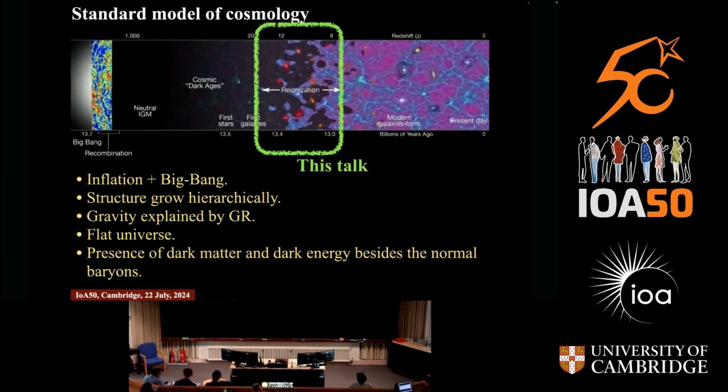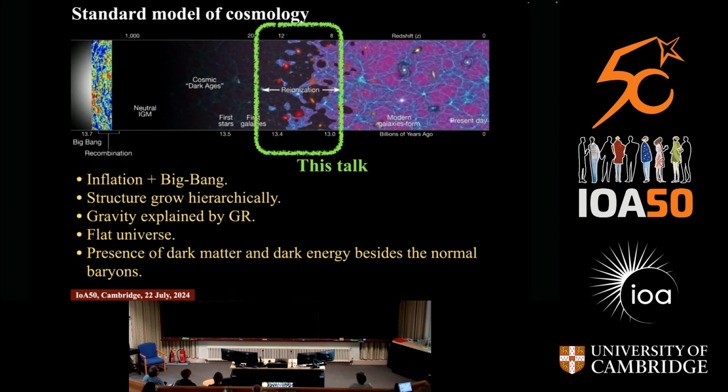Okay, so I think we have heard enough about this, so I'll just mention this briefly. The standard model of cosmology is that we have cosmic inflation at the beginning, followed by the Big Bang. And structures in our universe grow via hierarchical clustering. Gravity is really well explained by general relativity. And the universe that we live in is spatially flat. Besides normal baryons, we also have dark matter and dark energy. And we have pretty strong evidence for pretty much all of these things except inflation. And that is basically one of the major science drivers for the upcoming CMB experiments like Simons Observatory and